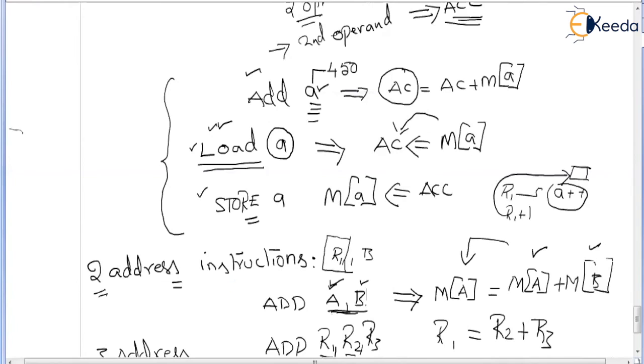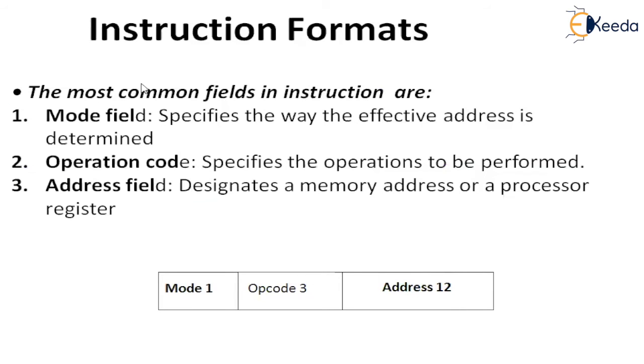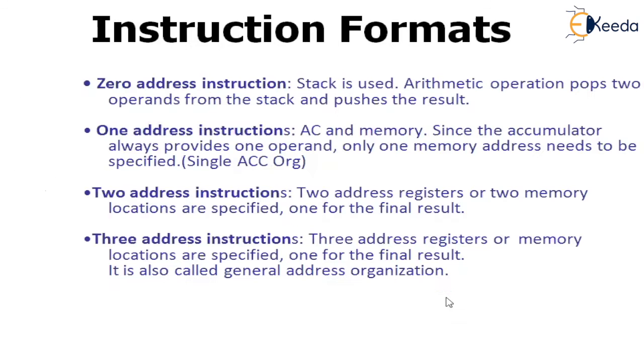Okay, let us see. Of course, in an instruction, I can have mode field, opcode field, and the address field. As I already told you, mode is going to specify the addressing mode. That is, address could be either a direct address or an indirect address. Opcode can specify one of the available opcodes in the system. In our case, opcode bits are equal to 3 and the address bits are equal to 12 because my main memory size is equal to 4096. So one address should be equal to 12 bits.